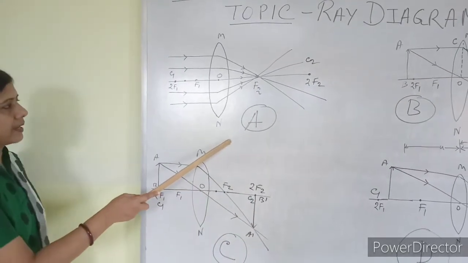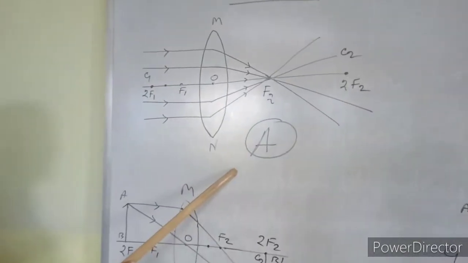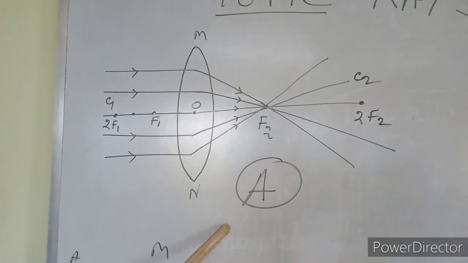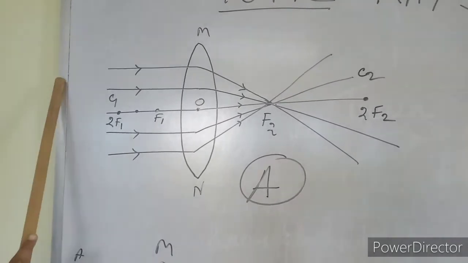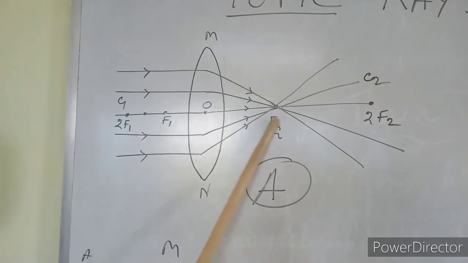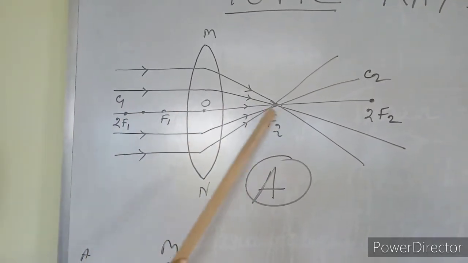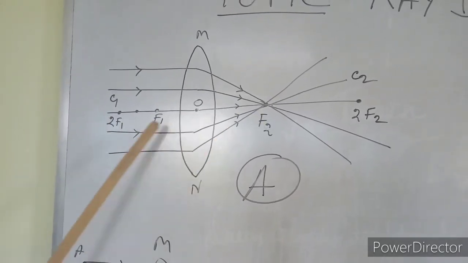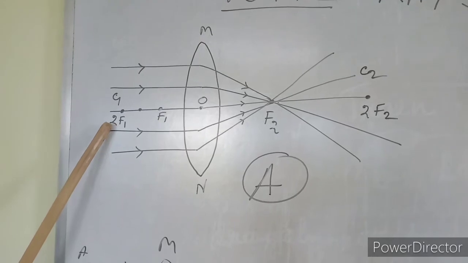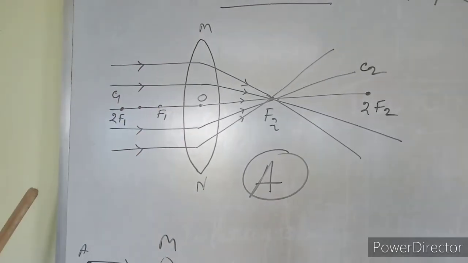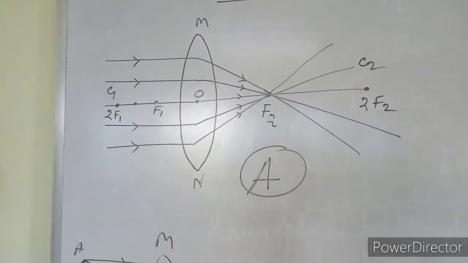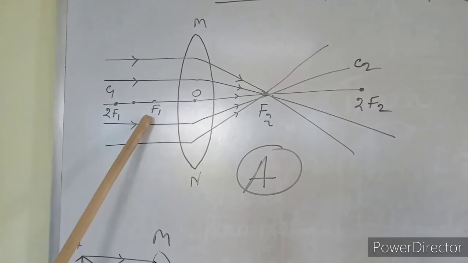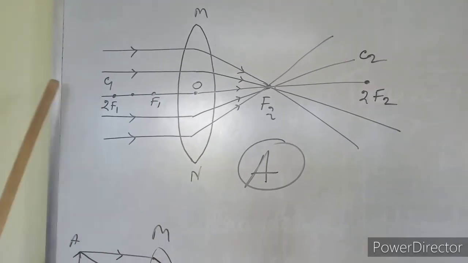This is my first diagram. Here the object is placed at infinity. When the object is placed at infinity, which rays I have taken? The rays of light which are parallel to principal axis. This is the principal axis. Principal axis, I am again repeating, it is the line joining the center of curvature of both sides of the lens and which is passing through the optical center. Or I can say principal axis is the line joining the focus point of the lens and which is passing